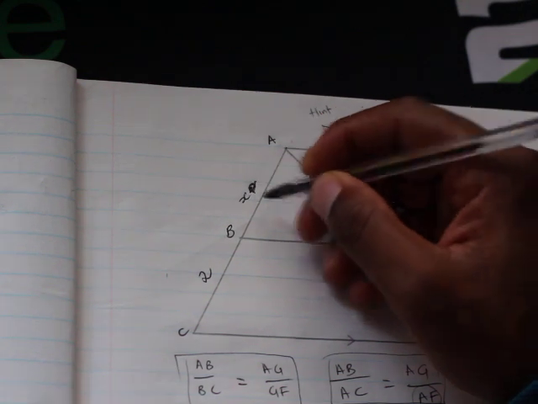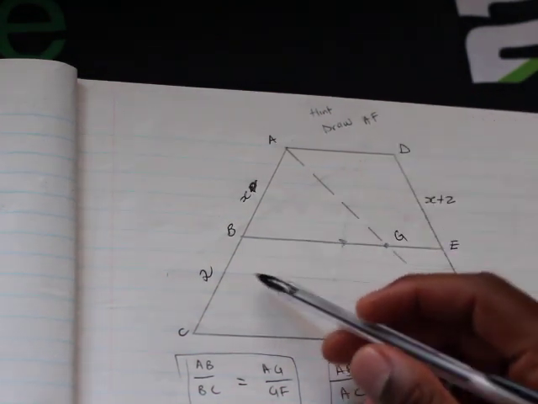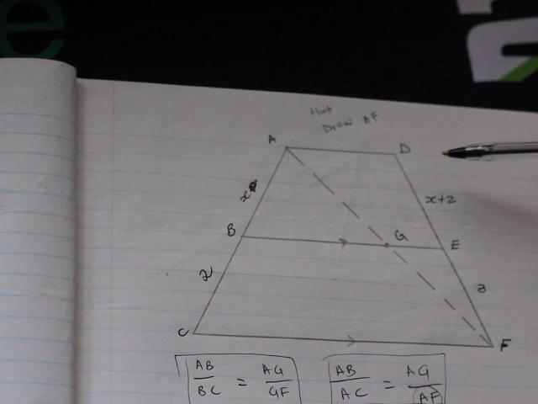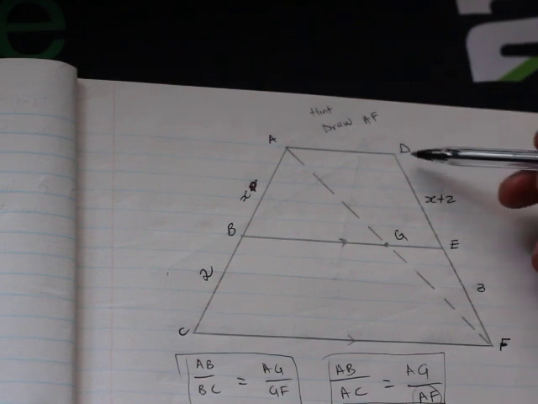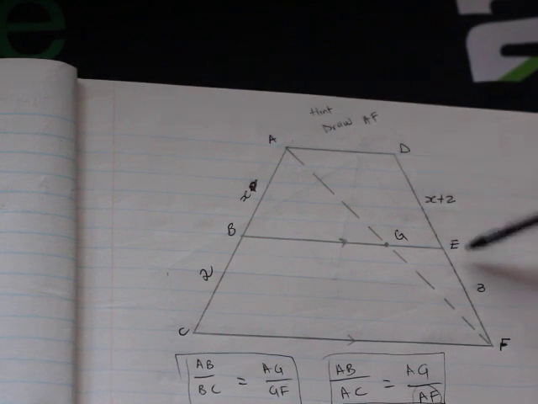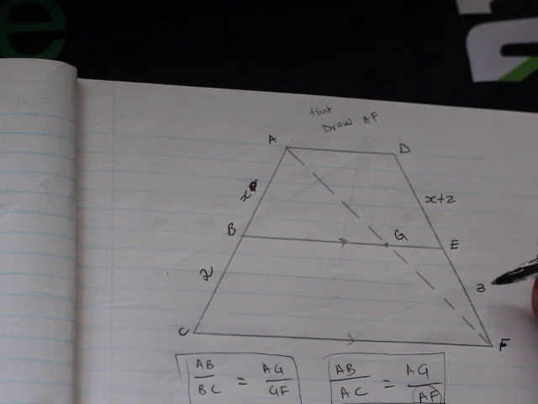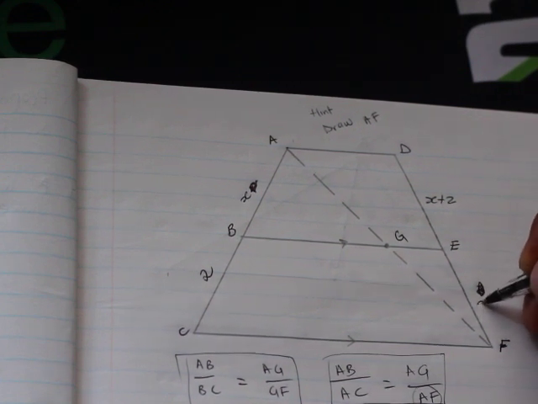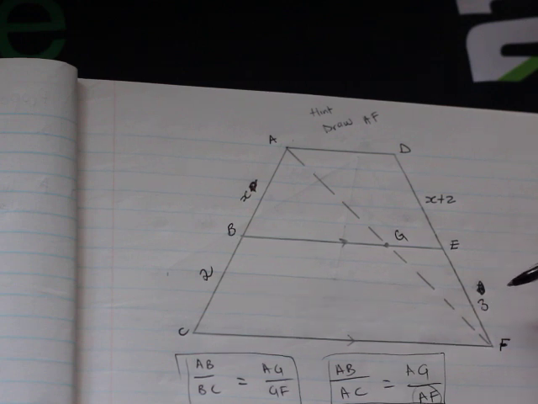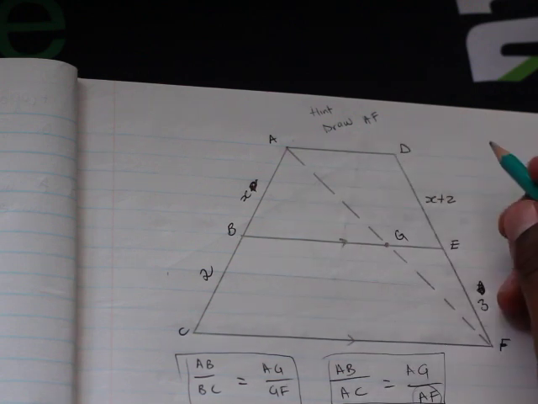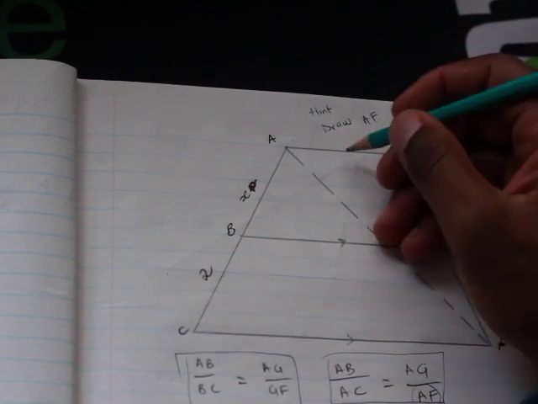So the length of AB is X, the length of BC is 2, and we've got DE and EF. The length of EF is actually 3 units, and DE is X plus 2. AD wasn't given to be parallel, but I'm telling you that